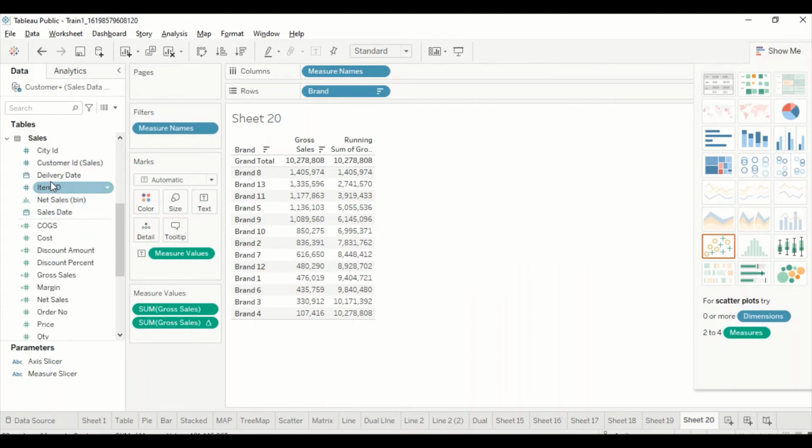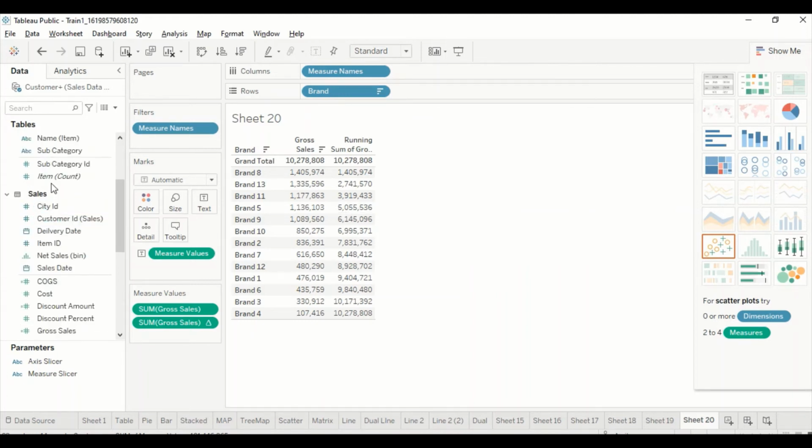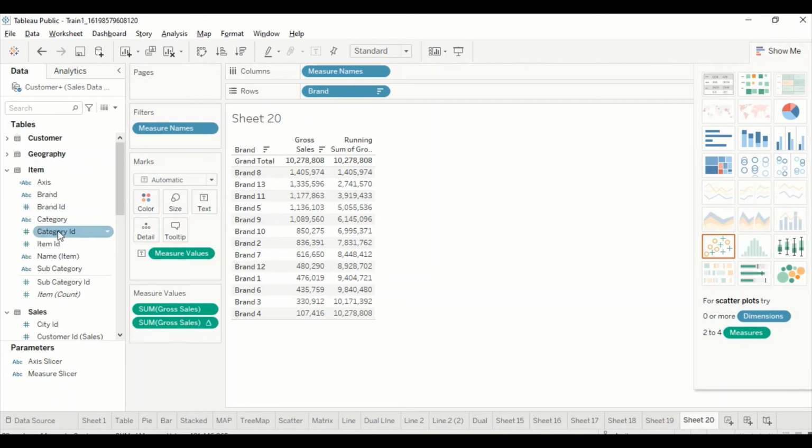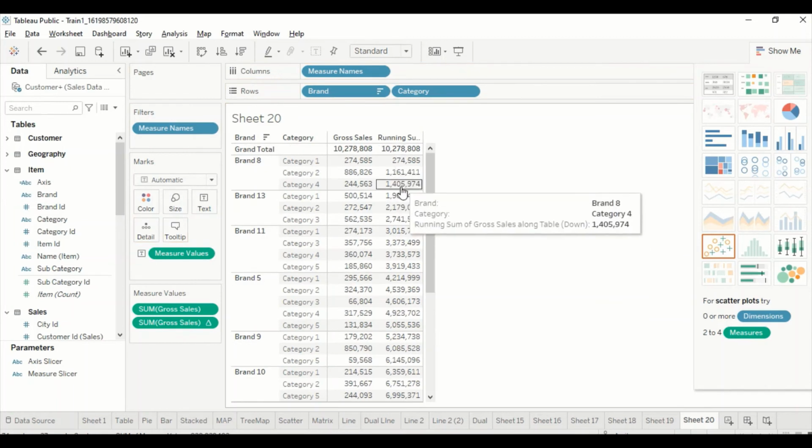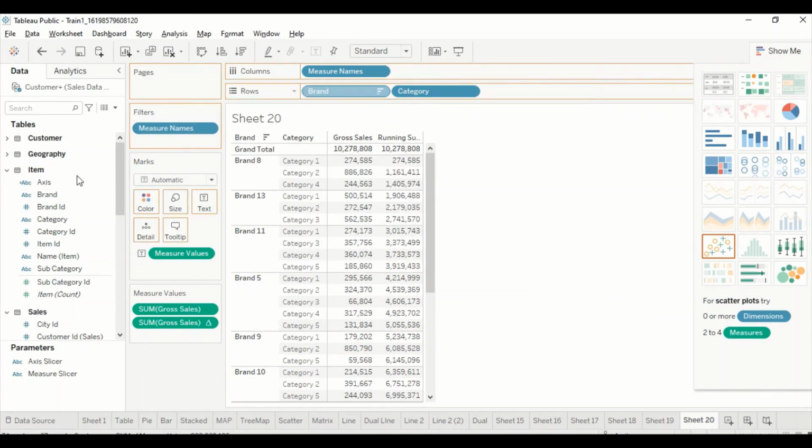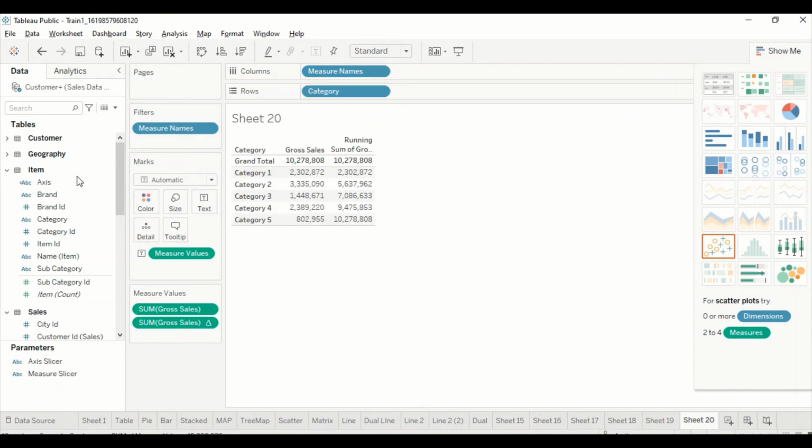Let's say if I move category in place of this one, so from item I will bring in category here. Okay, and you still see the number is increasing, and I move out brand from here. Now, even though I moved the brand, the behavior has not changed. Still, it is the sum of first two rows. This is the sum of first three rows, sum of first four rows. So this is basically what we call the table operations or row level operations, which is getting performed here, and that is enabling us to get this kind of behavior.